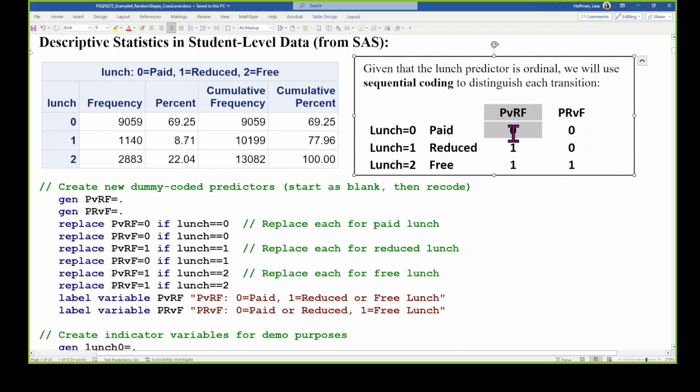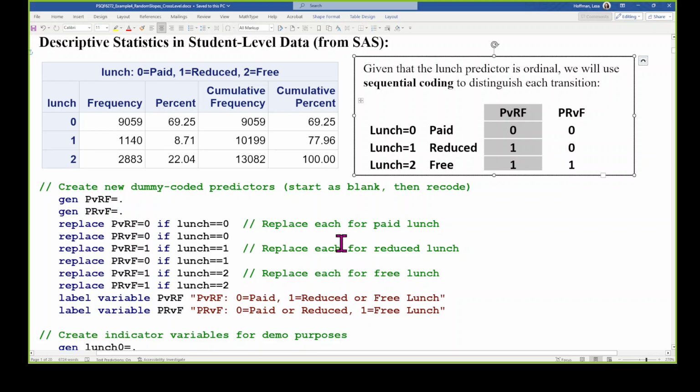Up to this point, we have played with this version of the predictor in which we just track who pays versus gets some kind of discount, and that tends to be, I think, how it's used in practice a lot of the time, because there may not be that many people in the reduced category. But that is an empirical question, the extent to which you can lump free and reduced lunch kids together. And so I'm testing that in the second half of this example by adding this variable, which is going to change the interpretation of what the first one meant. So when this is all by itself,